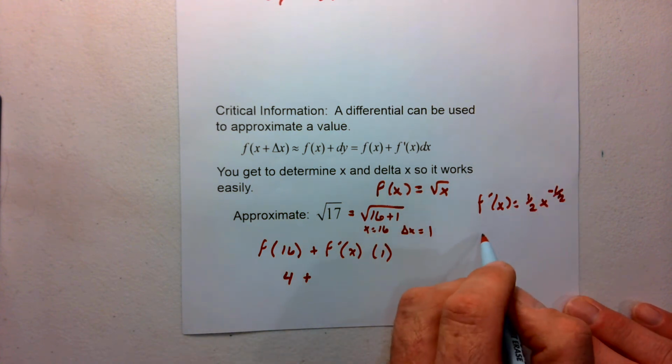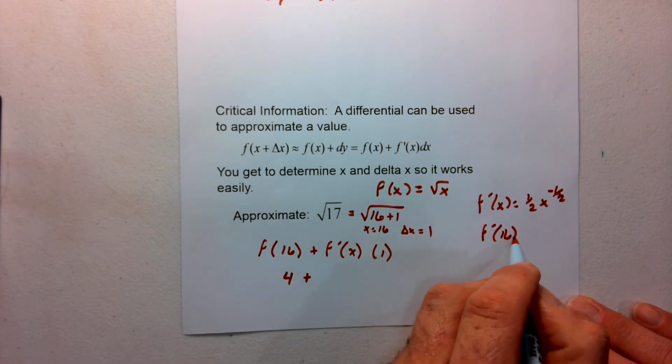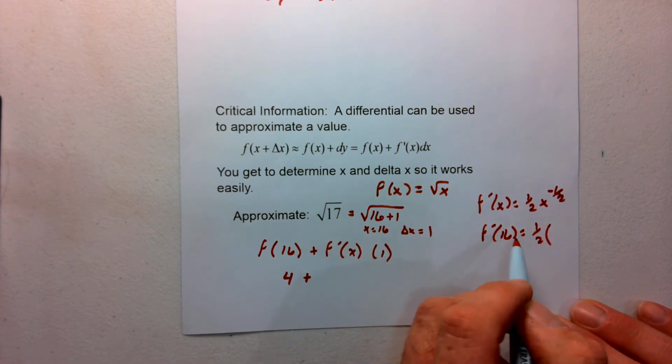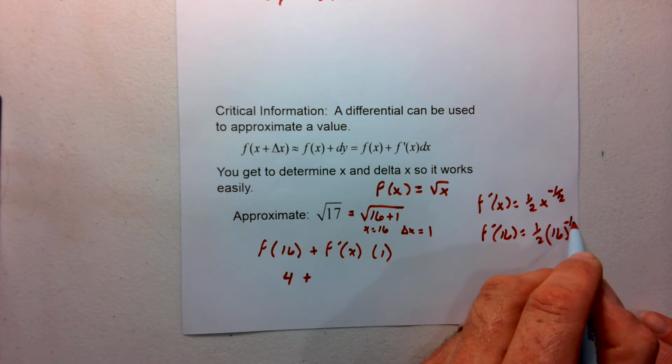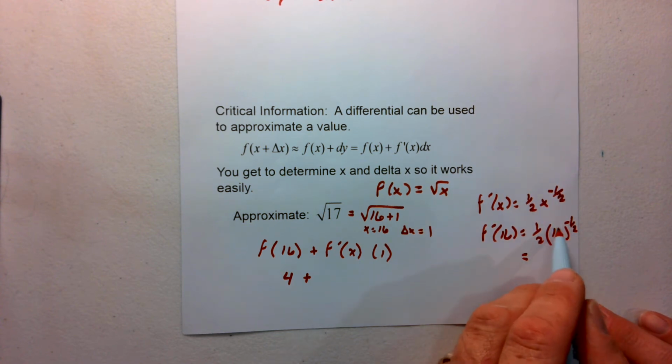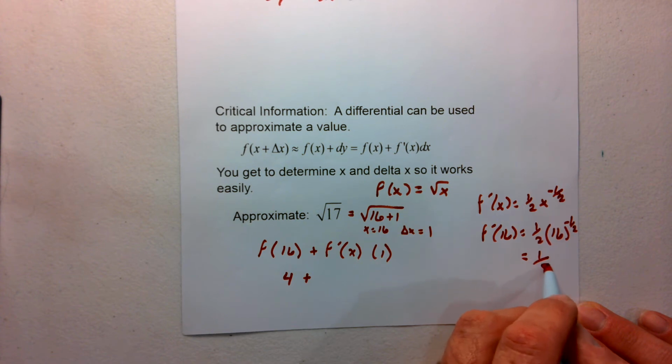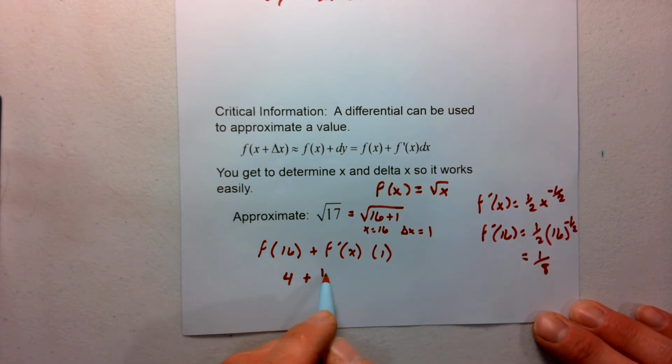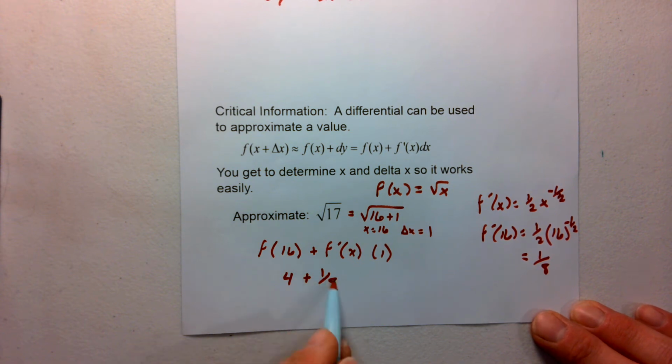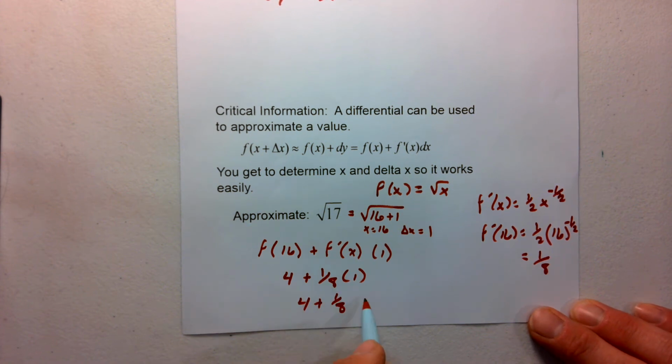If I plug in 16, f prime of 16 is 1/2 times 16 to the negative 1/2. 16 to the negative 1/2 is 1/4, so I end up with 1/8. So I get 4 plus 1/8. Then times your 1, make sure we have that in there. So we have 4 plus just 1/8. 1/8 is 0.125, so I get